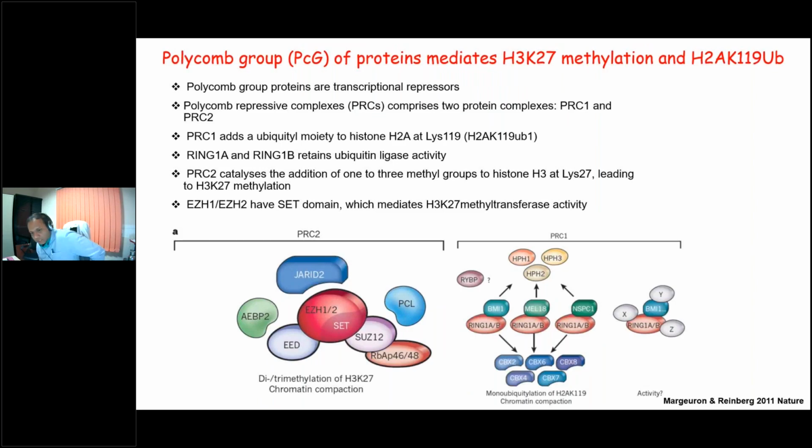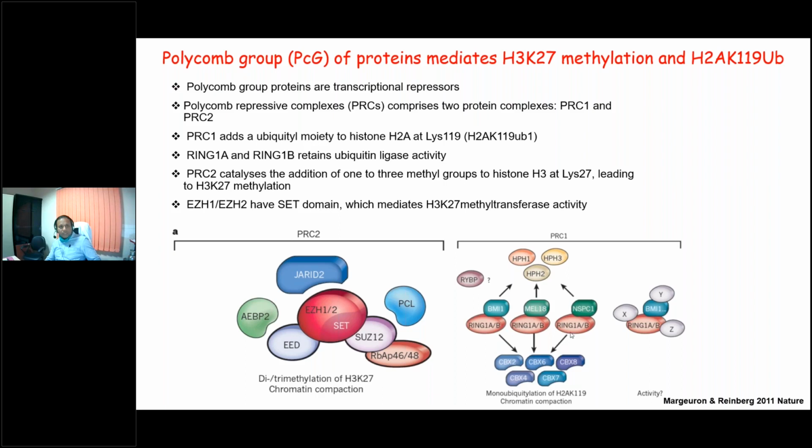So another class of the protein, another important methylation mark is H3K27 trimethylation mark, and H2A K119 ubiquitination mark. These are very important complexes, and in fact an inhibitor for the PRC2 complex has recently been approved by the FDA for treatment of different types of leukemia or some other kind of cancer. Okay, so